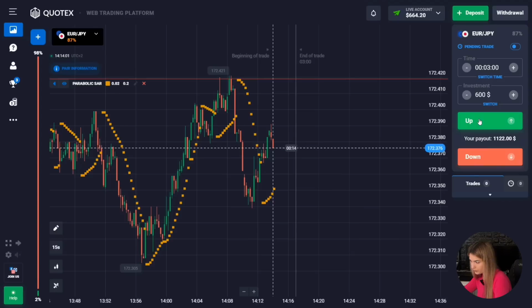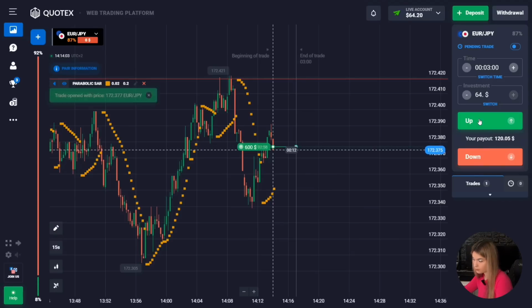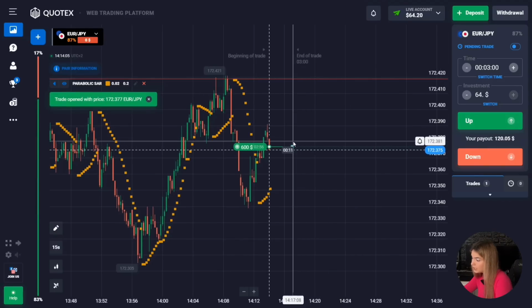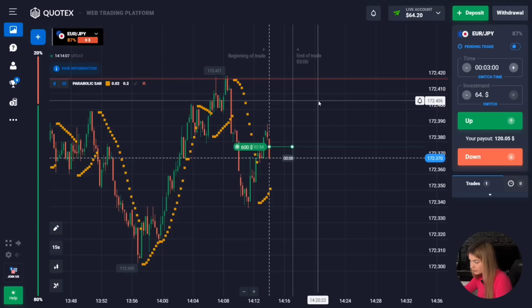We will also open a deal with you here for 3 minutes up in the uptrend. I think the price will continue to move directly towards the resistance level. We will try to make money on this upward movement. I hope that 3 minutes will be quite enough in this situation guys. So guys, let's wait.